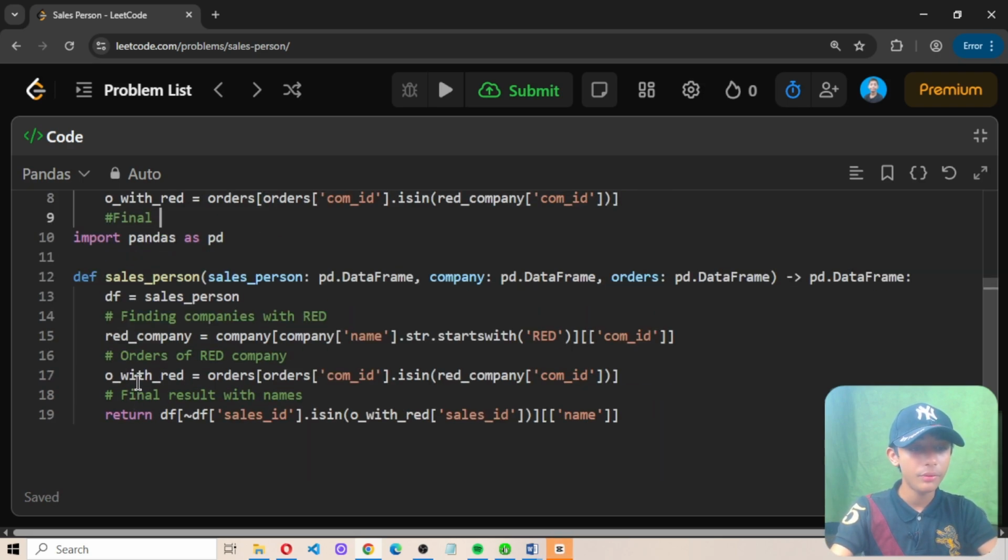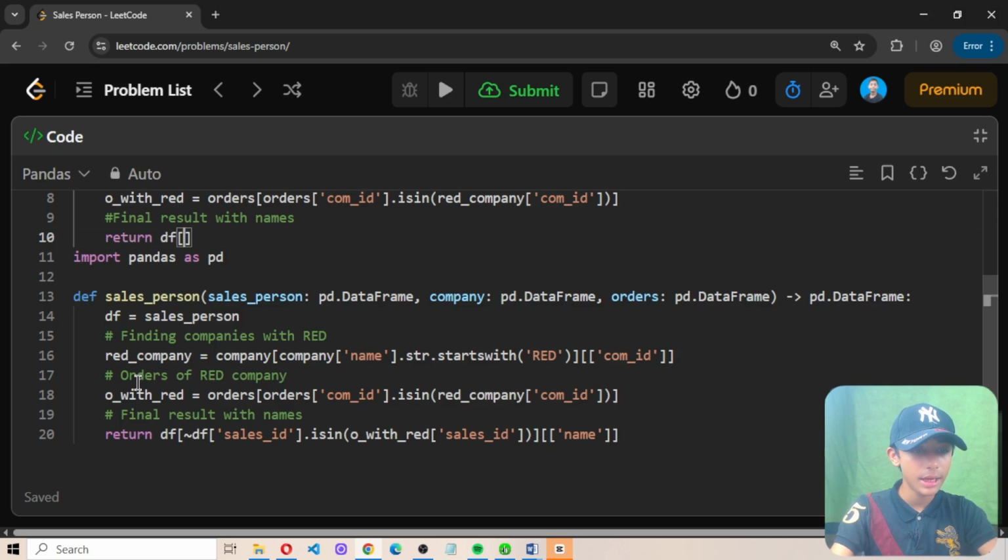And now here I define a final result with the names: return df, and then we define df sales_id. Then we define dot isin, and then o_with_red, and then sales_id, and then define name.